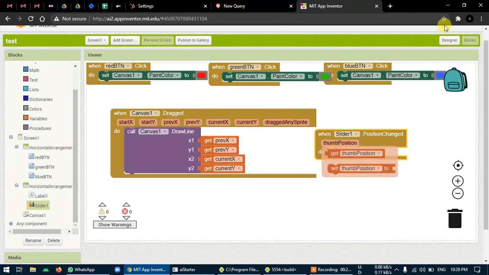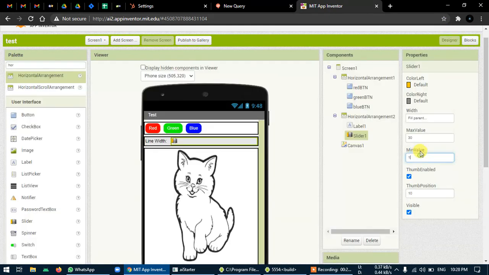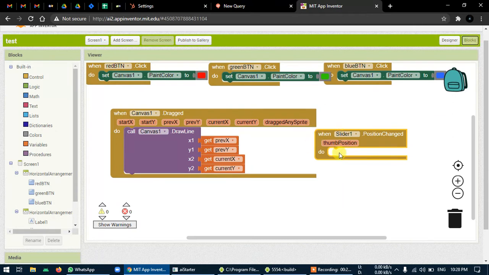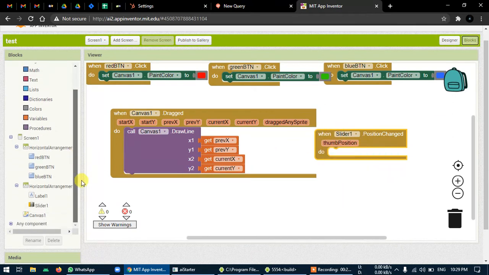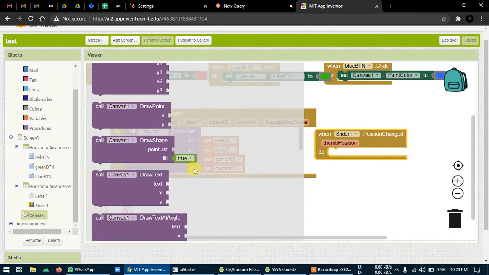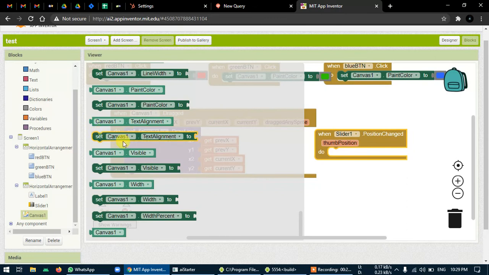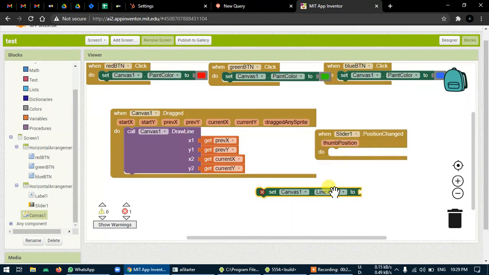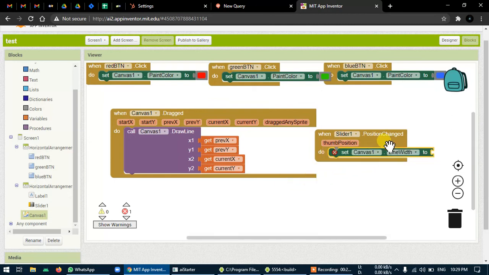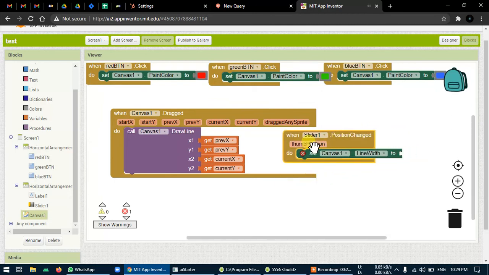So this thumb position has a limit of maximum 30, minimum 1. And I have to use the same to change the line width. So the line width we can find inside canvas. Just get any set block, and make it line width. Line width. This is the actual thing, like this is used to change the thickness of the line actually.